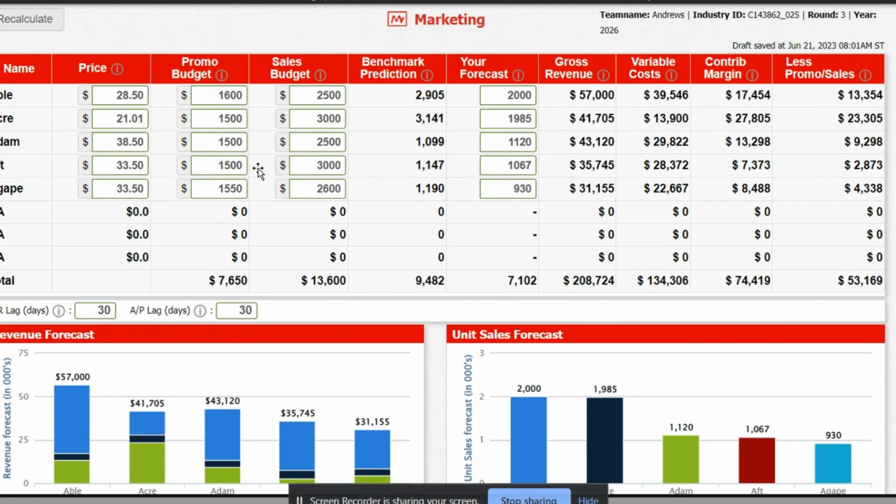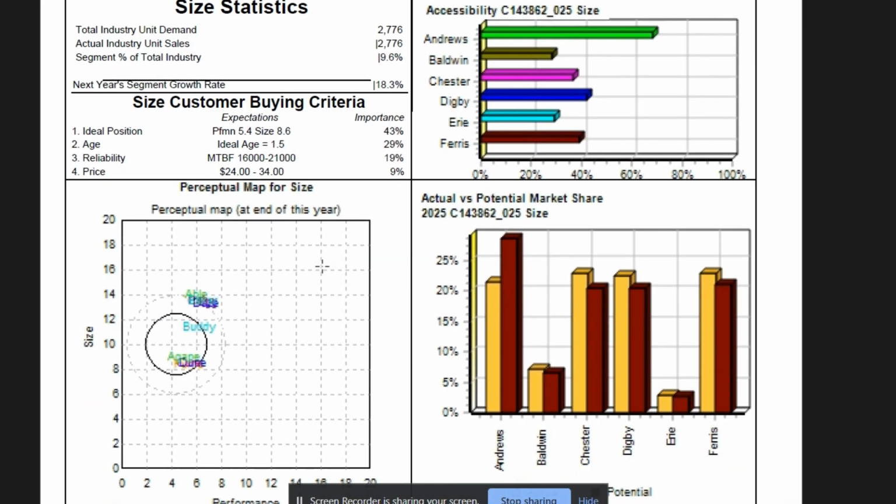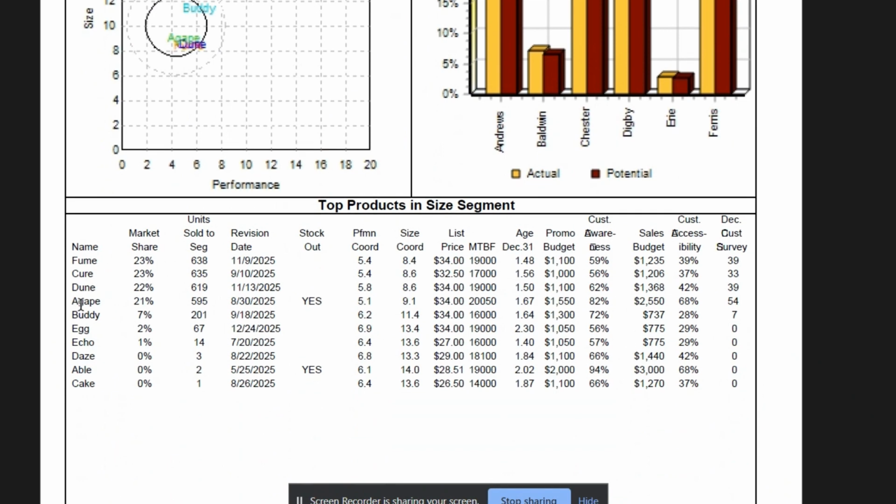How will you see how much sales you have done in the previous rounds? You need to open the Capstone Courier right here. For example, in the size, my product was Agape, and here I have stocked out the product, and I can see that the customer awareness and the customer accessibility are nothing but the promotion and sales budget outcome. So my customer awareness has gone to 82%, customer accessibility has gone to 68%,